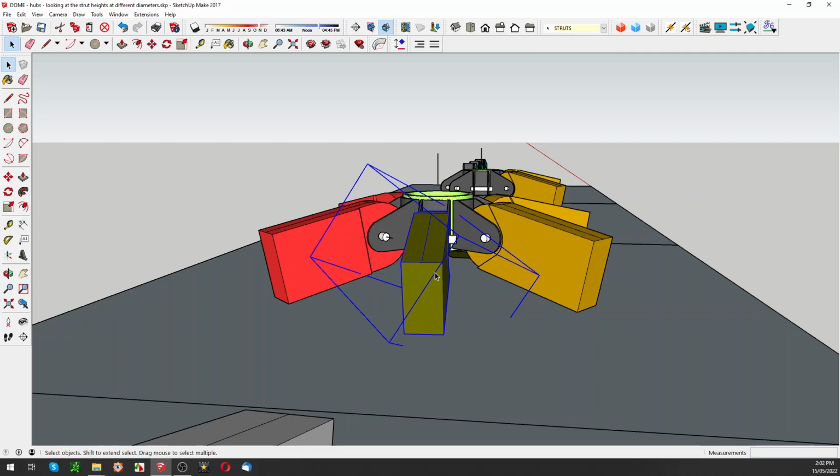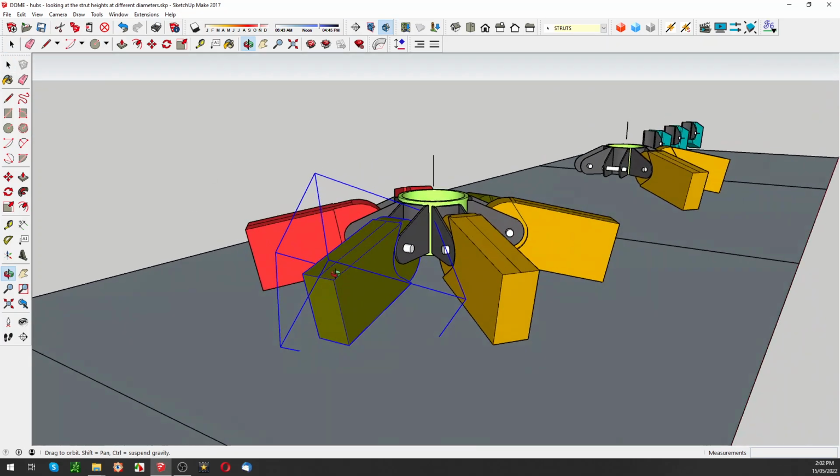A very important method of creating these struts. They have to be orientated in the correct geometry for the project. However, when you take them out of that scenario, they wind up with this sort of